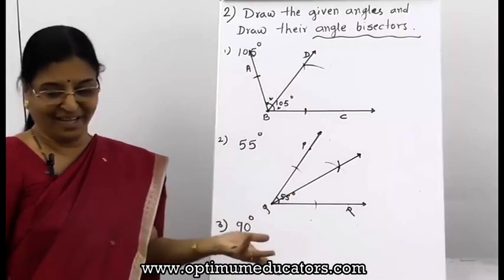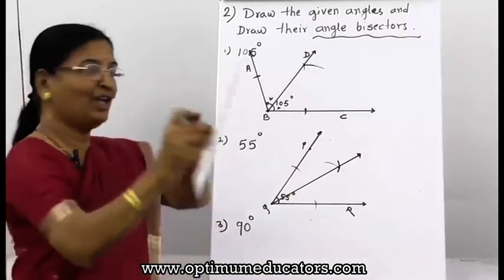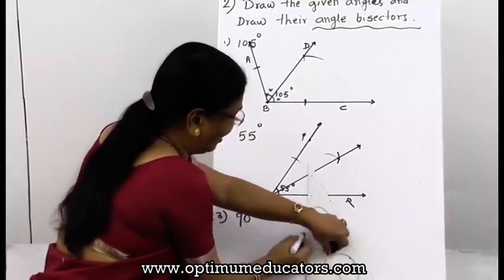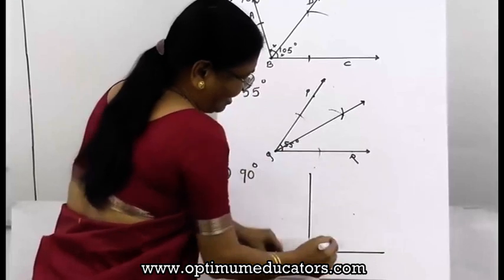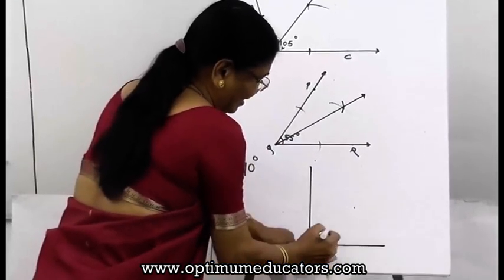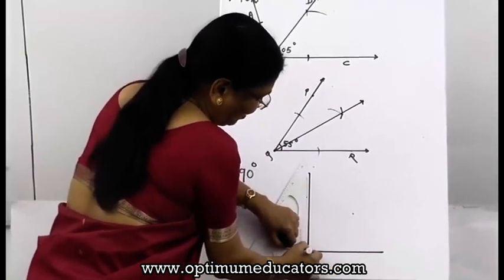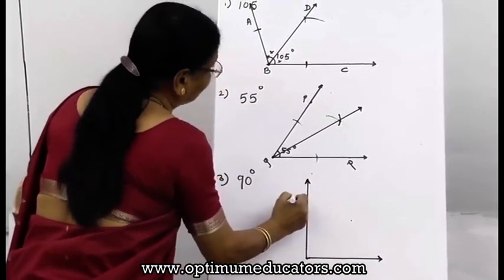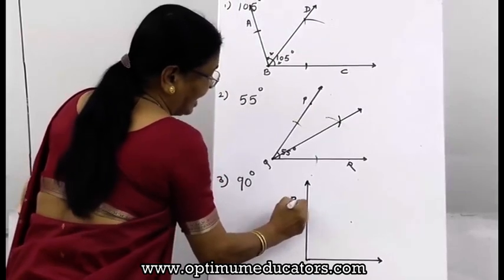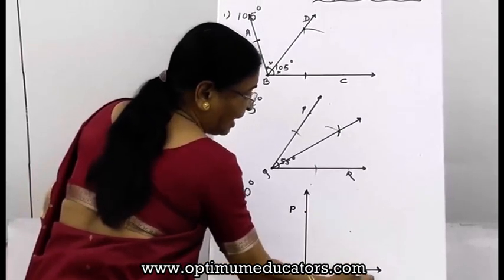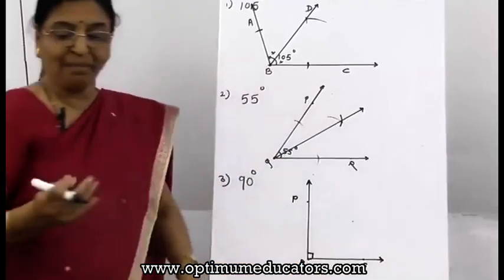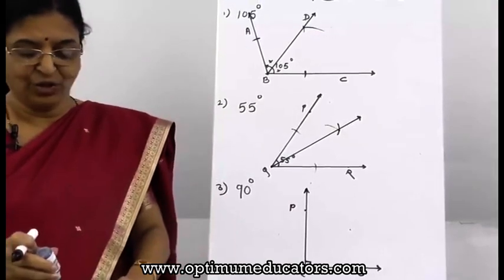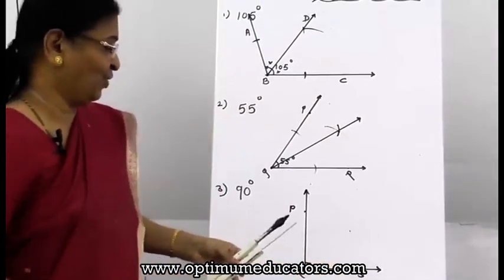Of course the third one is the right angle. So you can use your set square to draw it also. So no need again to draw it. Here you can draw with your 90 degrees. Again mark it, suppose with a different name like PRS, and it is 90 degrees. So you can make a square so that it will be a 90 degree angle. So no necessity for writing 90 over there.